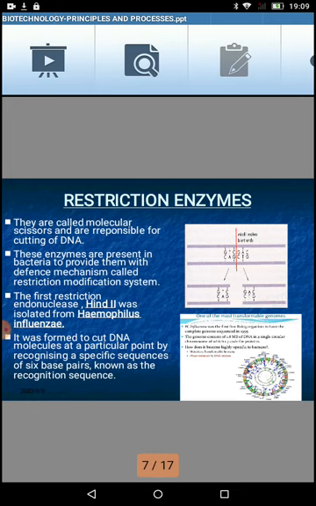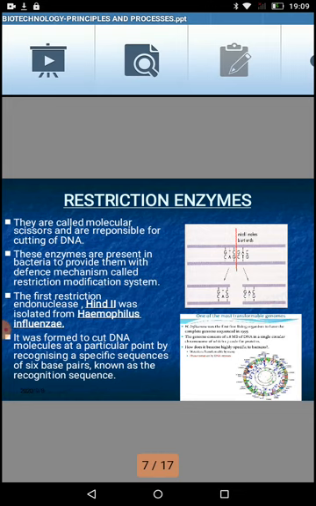This particular restriction enzyme, or in any case any restriction enzyme, cuts the DNA by inspecting the full DNA for the palindromic sequence, and where they find this palindromic sequence, or another name is recognition sequence, they cut the DNA from there. How this cutting happens and what a palindromic sequence is, we will look into in further slides. As per the journal information, till today we have nearly 200 different types of restriction enzymes isolated from bacteria, and they are extensively used in biotechnology.